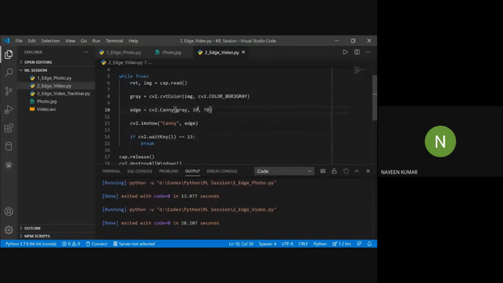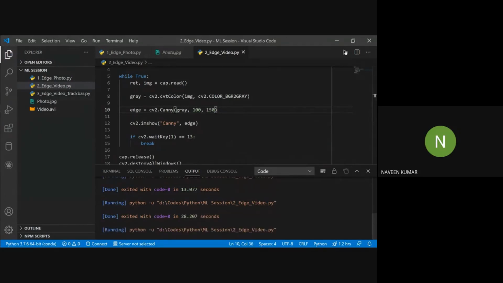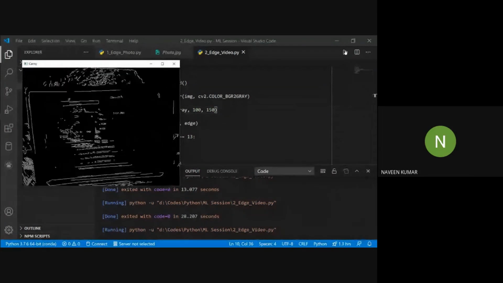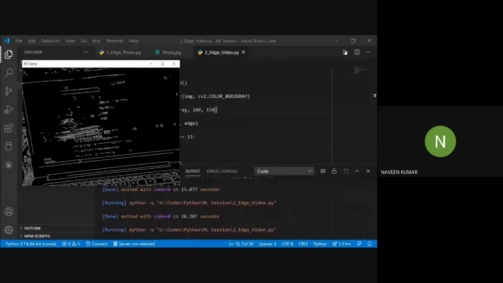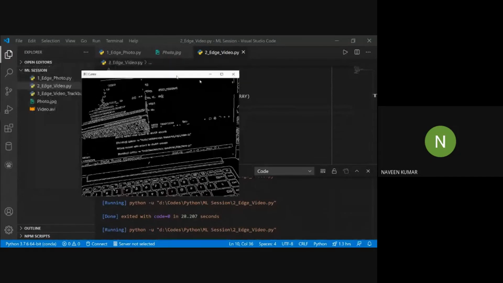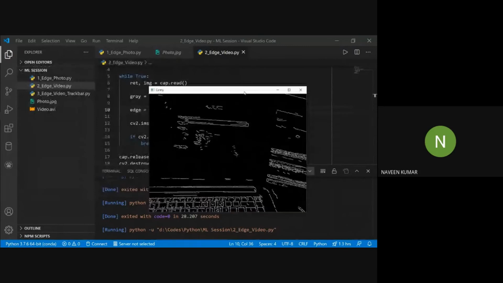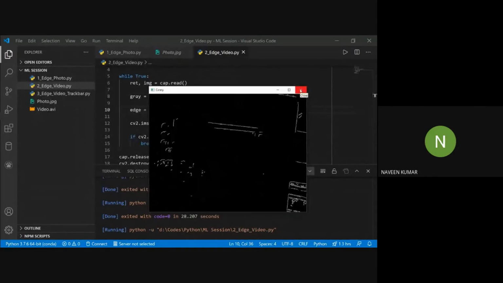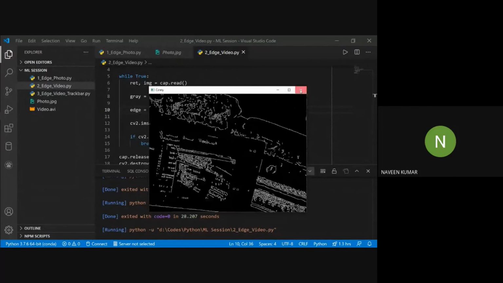We can also change it, like 100 and 150, and try to load it again. So it is clearer than the previous one. We can also put a track bar so we can change the threshold values live. So we'll try to put a track bar here also.